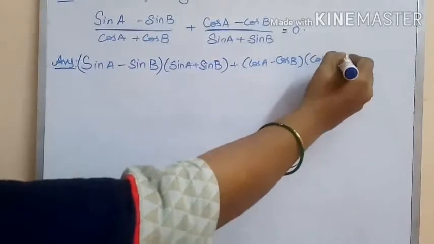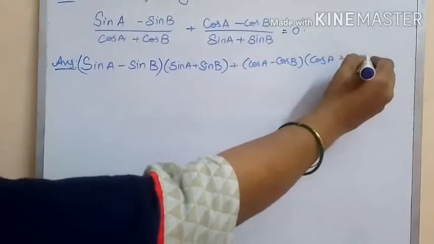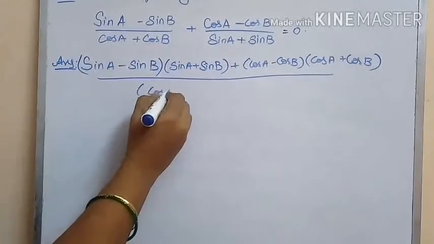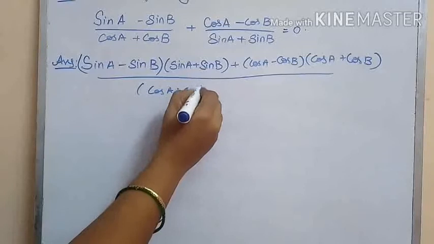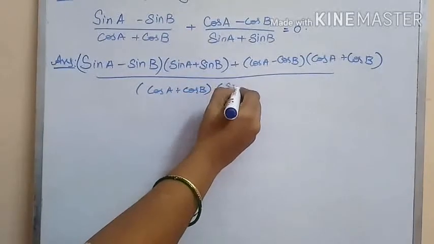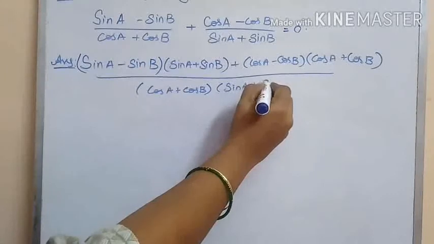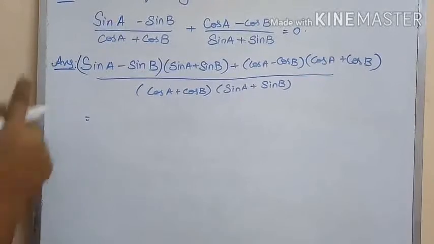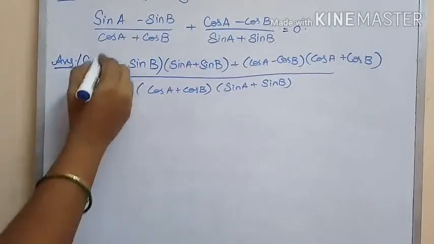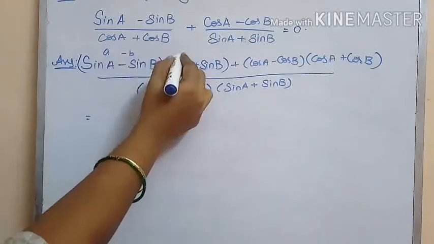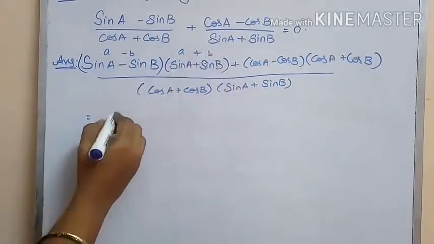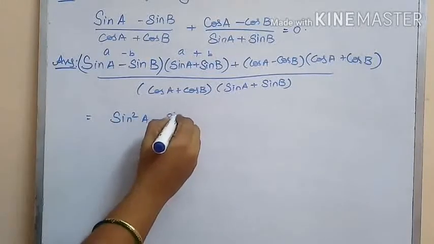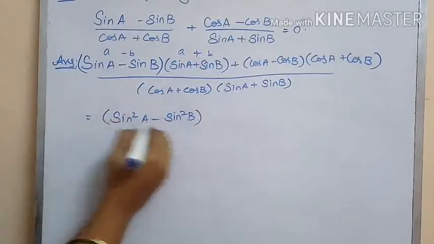Let us cross multiply and take the LCM as cos A plus cos B into sin A plus sin B. In the numerator, we have it in the form A minus B into A plus B, which can be written as sin squared A, that is A squared minus B squared form, sin squared A minus sin squared B